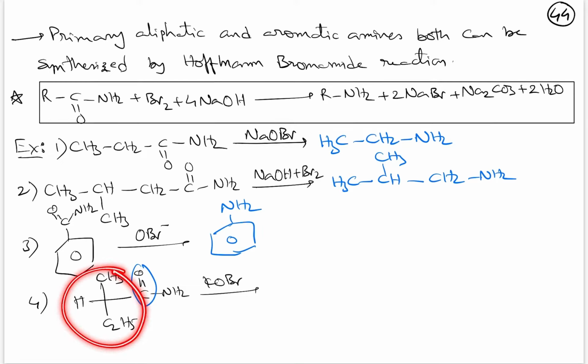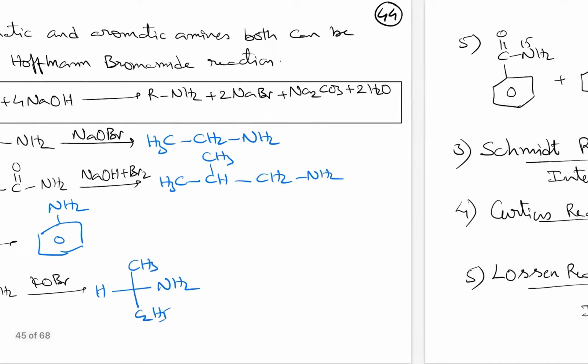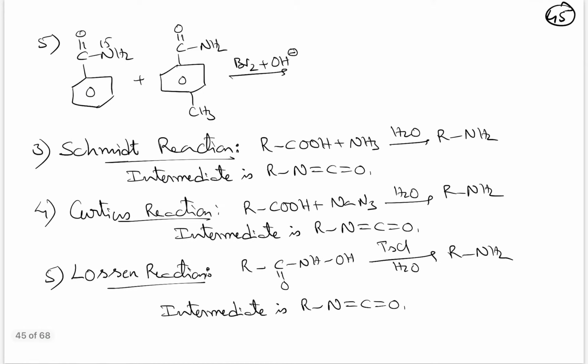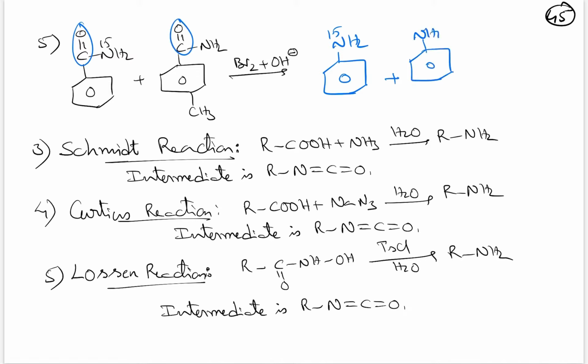And in this reaction, if you remove this C double bond O group, this is the point I was telling you: the configuration of the alkyl group migrating onto nitrogen will not be disturbed. That is this question. So the configuration will not be disturbed. It will be maintained as it is, like this, with C2H5 and NH2. The next, in this reaction, from this compound C double bond O will be removed, and you will get the product as NH2. From this reaction, C double bond O will be removed, and you will get an aniline with the para position methyl group.